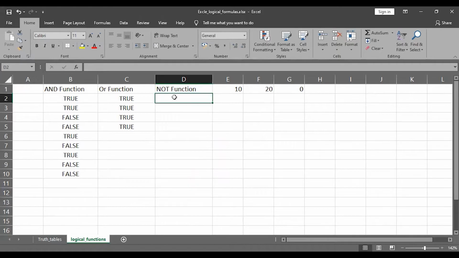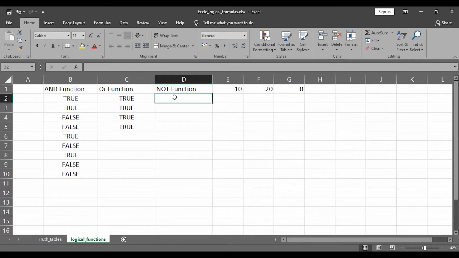So the NOT function: suppose the output of your logical operation turns out to be true. If you put a NOT function or NOT gate right in front of that output, it is going to invert that output. So for example, if the output of my logical operation came out false, and I put a NOT gate in front of that, it is going to return me true. So the NOT function is easier.